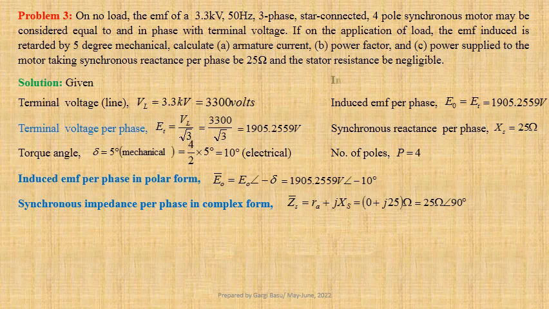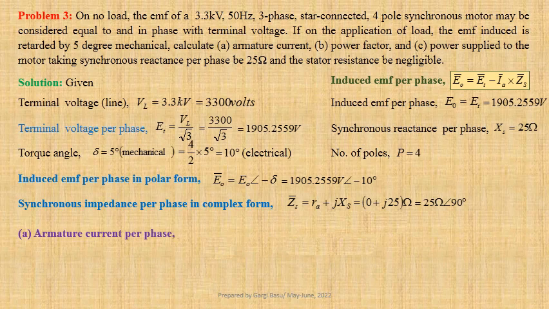Expression for induced EMF per phase E0 equals Et minus Ia into Zs. Therefore, armature current per phase Ia equals Et minus E0 divided by Zs. Taking terminal voltage per phase Et as reference, we get